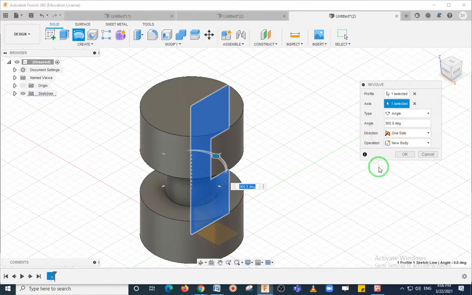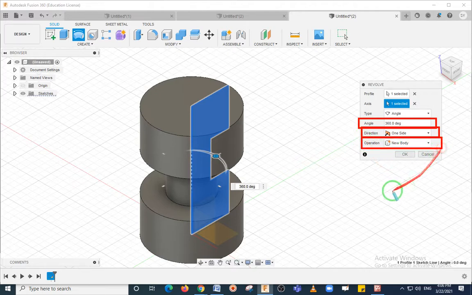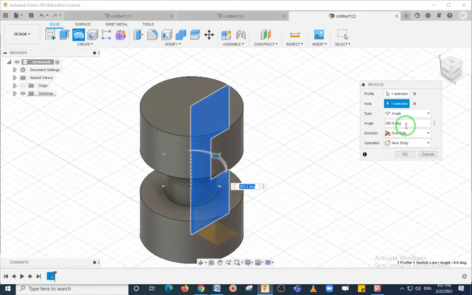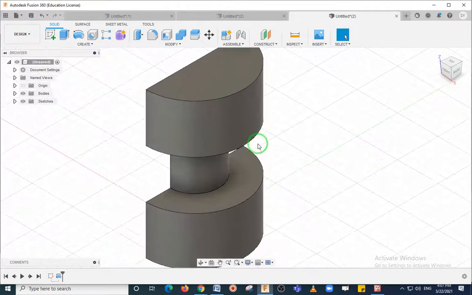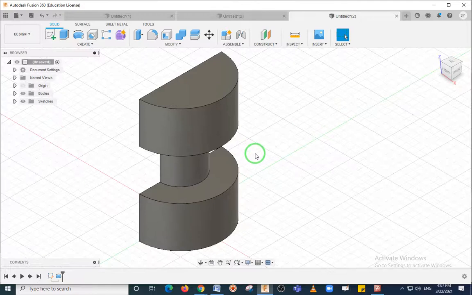Now you can change the angle here. This is the angle 360 it has already considered, and one direction, as well as the operation as a new body because this is the first body. If you want to change the angle, you can change it from this side also. If you want a 180 angle, you can press enter, so that the material will be revolved by 180 degrees.